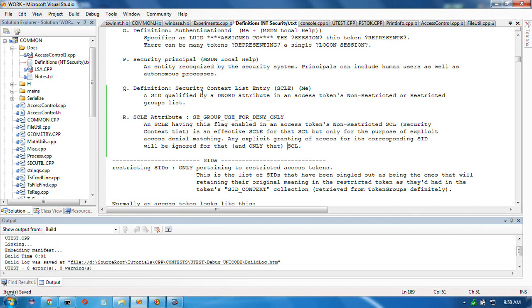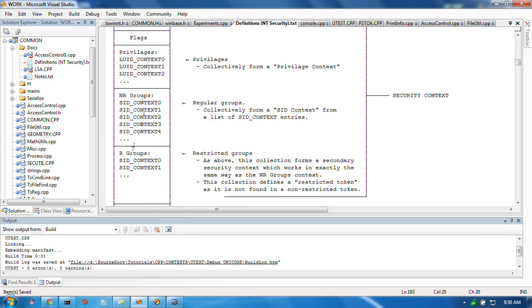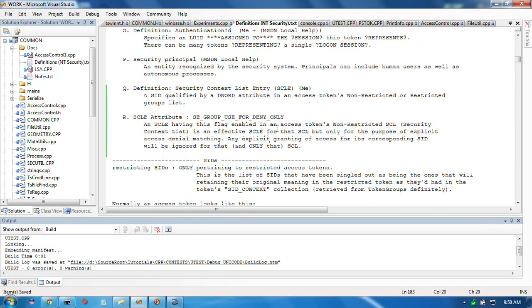First, I define security context list entry is an SID qualified by a D-word attribute in an access token's non-restricted or restricted groups list. Those are the two groups here. Restricted and non-restricted. Now those are called groups, and group and